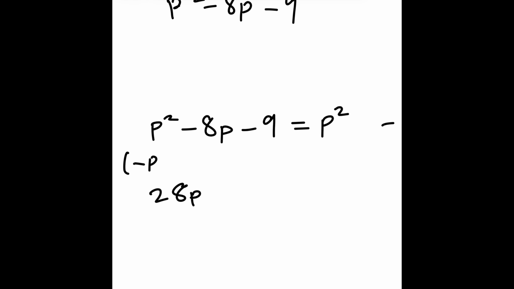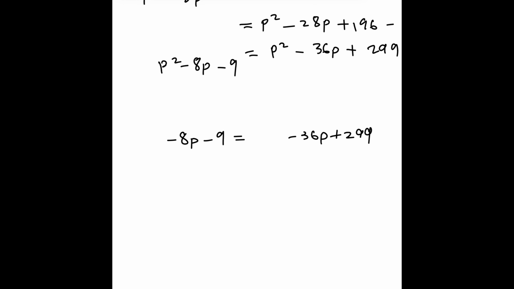So minus p squared, we're just going to get rid of the p squared because they cancel out. Now we're left with this and move the p's to one side. So 28p is going to be equals to 308. So p is going to be equals to